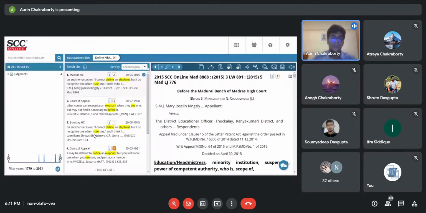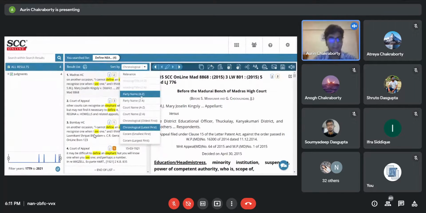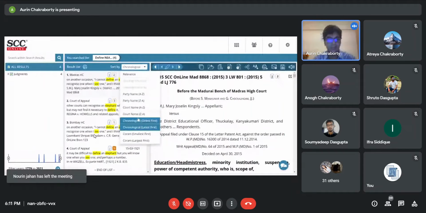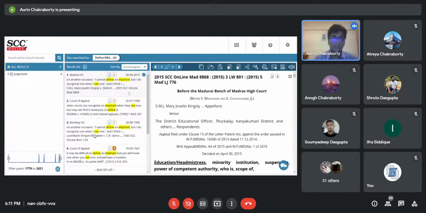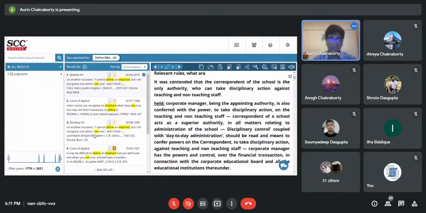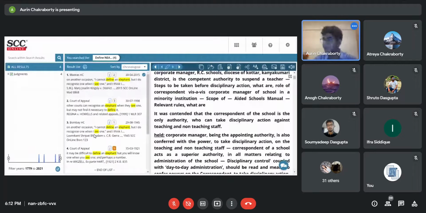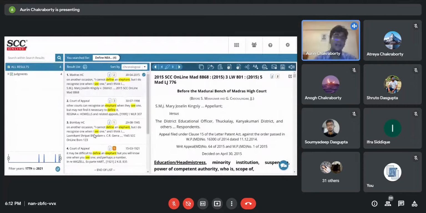And there are other methods as well, such as party name and court name. We can find over here that in 2015 the Madras High Court used this particular phrase to that effect, right? Also, if there are any questions, I would request all of you to write them down or put them in the chat box, so that at the very end I can try to clarify all of them, right? So that was more or less about the near keyword.